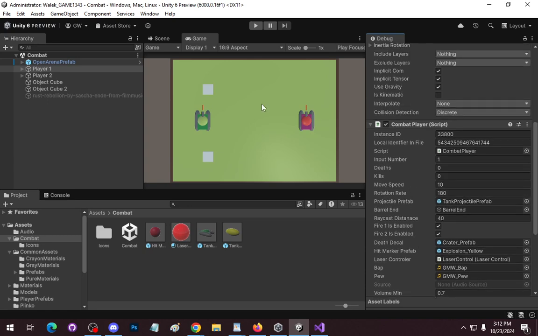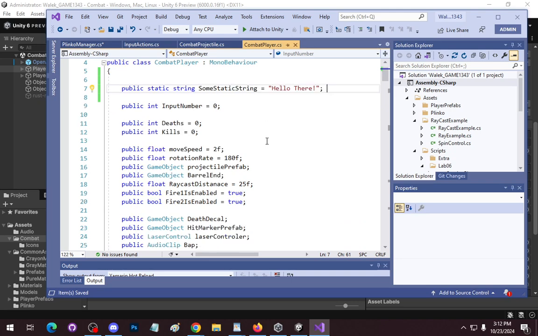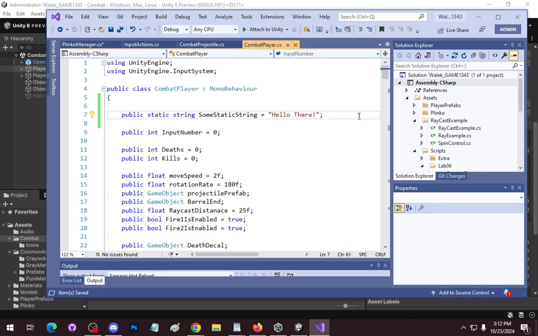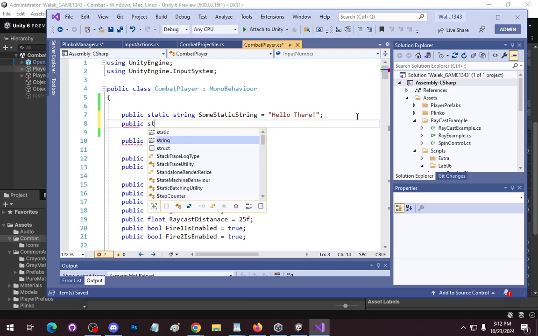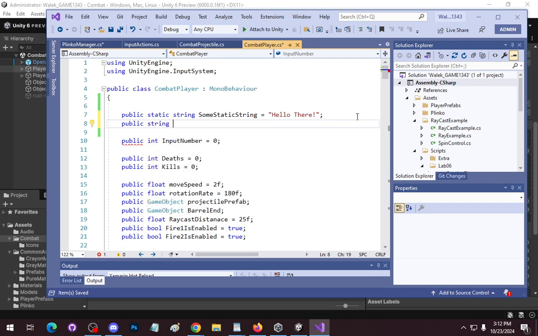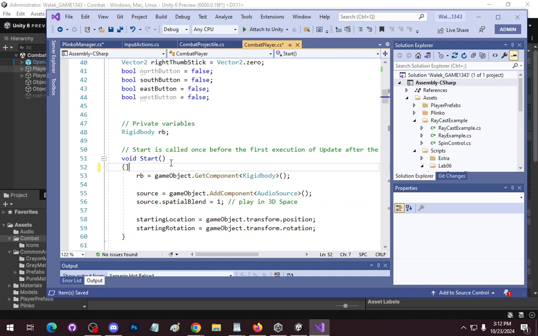So what we can do, essentially, is have a message, player one says hello, and what we can do down in start,